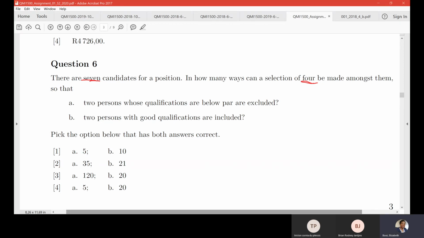That's one. Number two, they are telling you that 2 people are excluded. You know that there were 7. If they are excluding 2 people, there will no longer be 7 people to select from. So you are left with 5 people in the pot. So your combination question would have been